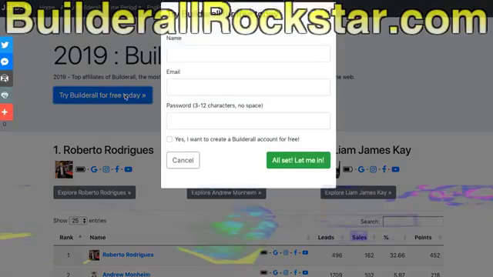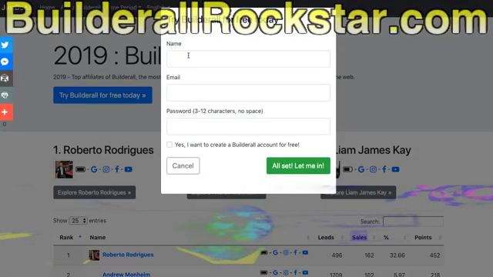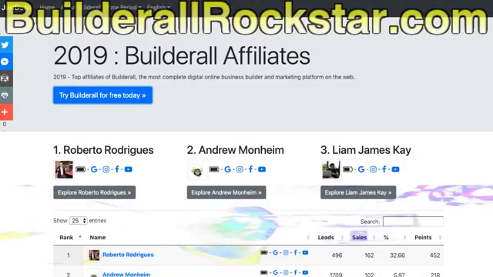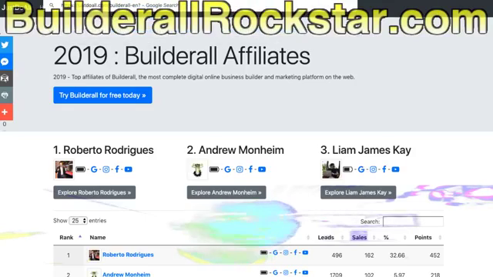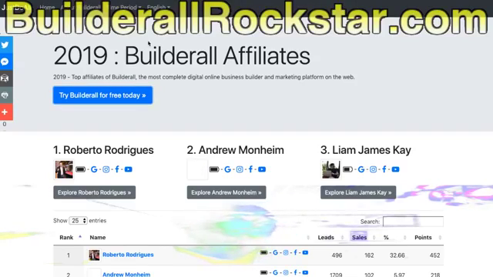When you click on it, there's a pop-up with a form which enables visitors to open a free Builderall account, to enter in the game. They can open a new account, and once they open a Builderall account, it will show them this. I will show you.